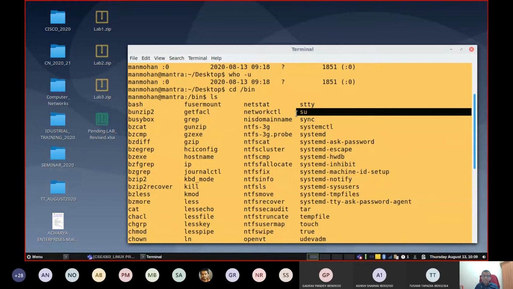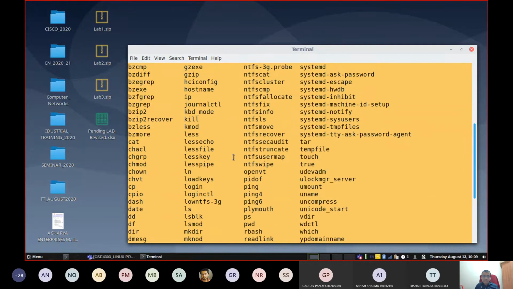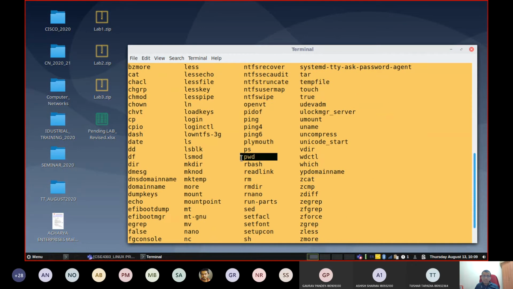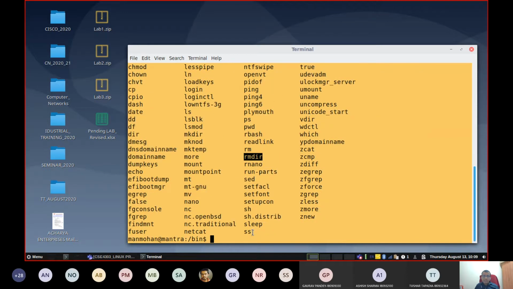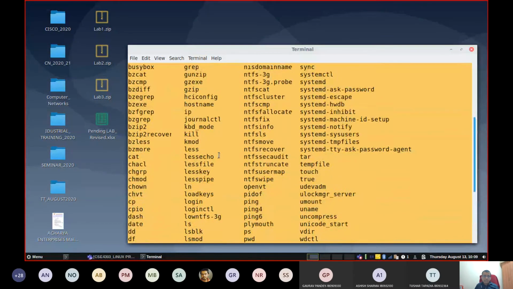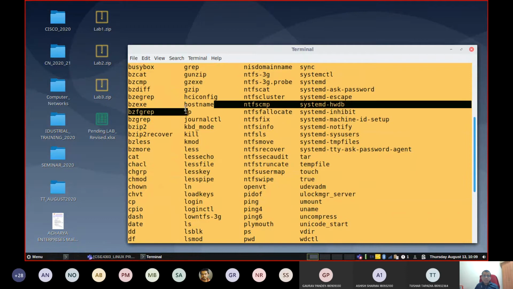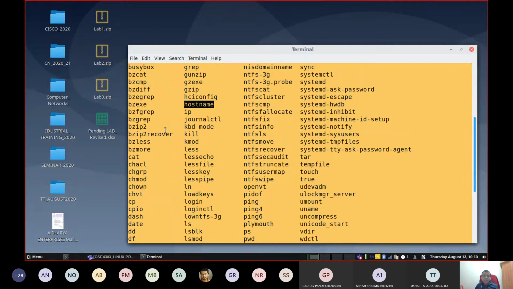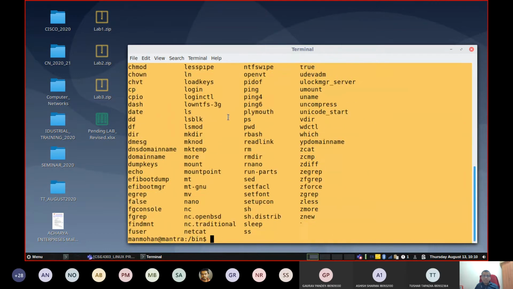su is a command that you can use in the shell. See, all these are shell commands. Remember, pwd is a program, rmdir is a program, sh is a program. Whatever commands we executed so far, say for example the date command, that program is here, date. Then the hostname command we also tried, that program is there. Actually all these commands are stored as programs in a folder called bin.